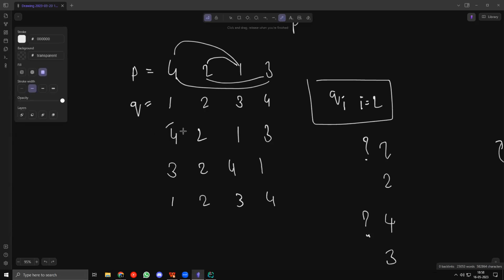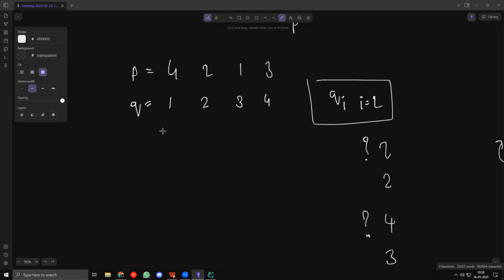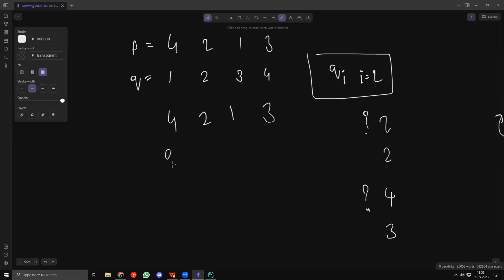So for example, what will happen here is that we take Qi, so Q of 1. This will be Q1. So Q1 will be equal to Q prime of 1, which will be equal to Q4, because P of 1 is 4. Okay, let me show you. What happens is we basically take Q4, Q2, Q1 and Q3. Now Q4 is 4, Q2 is 2, Q1 is 1, and Q3 is 3. And I'll do this again. I'll take Q4,